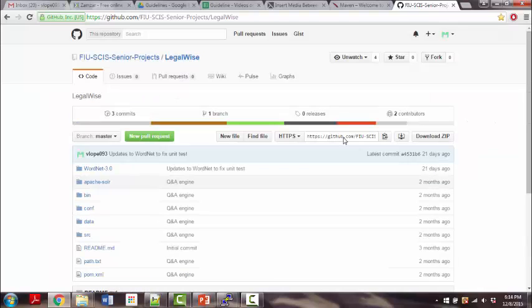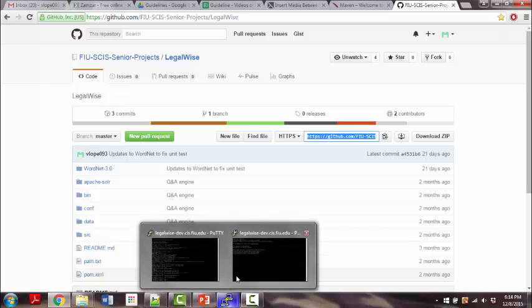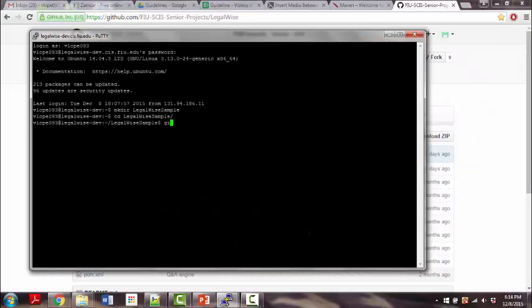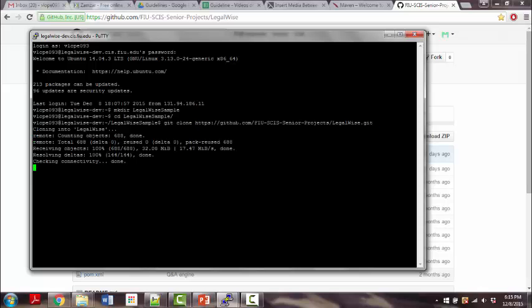And this is the URL you will use to clone our project. You will go to Git and you go git clone and paste the URL. You will see the files were copied into your VM